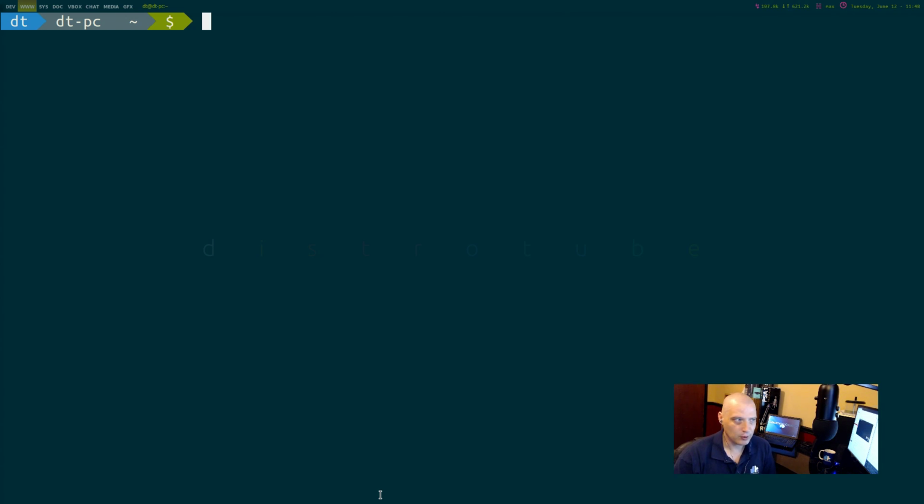I really wanted to get through at least some of the basic file management stuff. We discussed how to move around in the directory structure with cd, how to list all our files and directories. We discussed how to create a plain text file with the touch command, an empty text file. We discussed nano. We didn't discuss Vim, but of course you can create a text file with Vim. So let me cd back into my desktop.